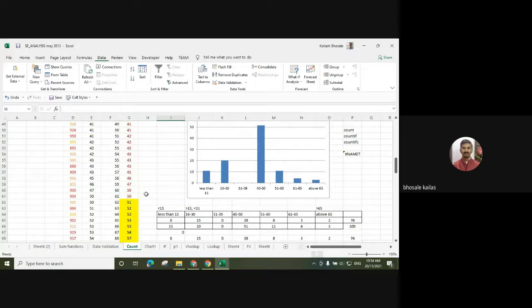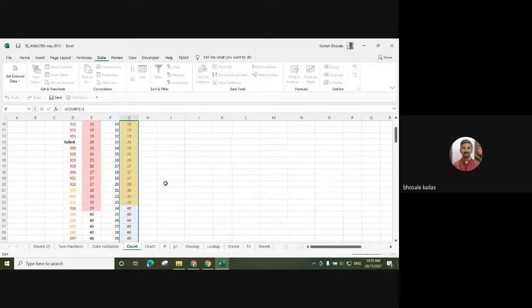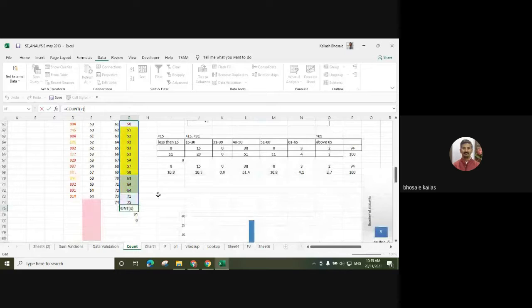I can use the count function. How many numbers are there in the data set? So we can use this count function.